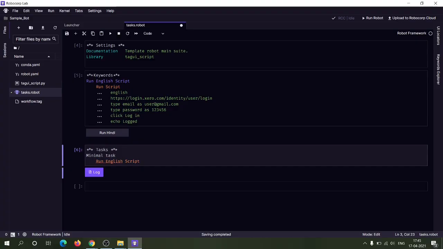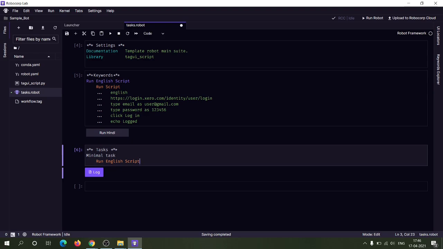Now, if you look here, sometimes you may need to store the output of this particular Tag UI script. So here you can see that it is echoing a word, logged. Now you need to store this word logged in a particular variable so that it can be used by the Robocop library or Robocop process to validate or something.